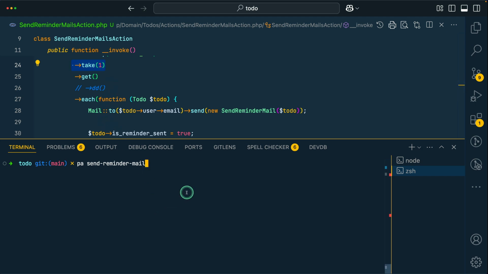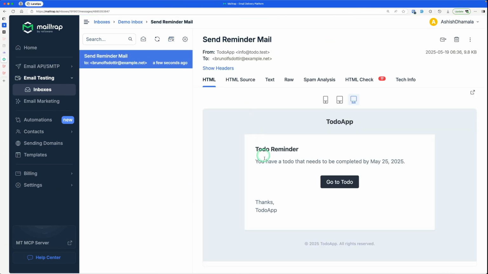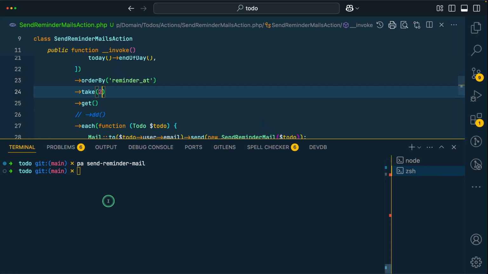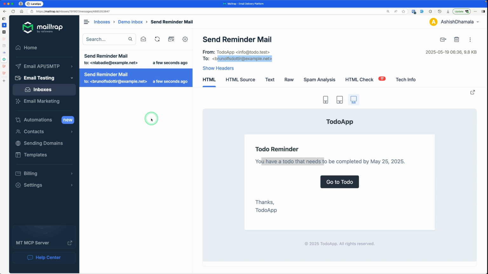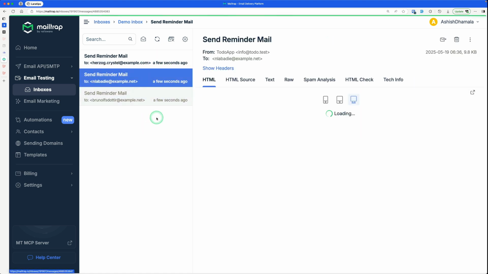So now let me just enter. After this, one mail is over here. You can see this one, and it is sent to this email. Now let's say 2 over here like this, okay? And now let me again do PHP artisan send reminder mail, and it will take almost double to send email to 2 users. Okay. Now if you see here, there are 2 emails over here, one for this one and